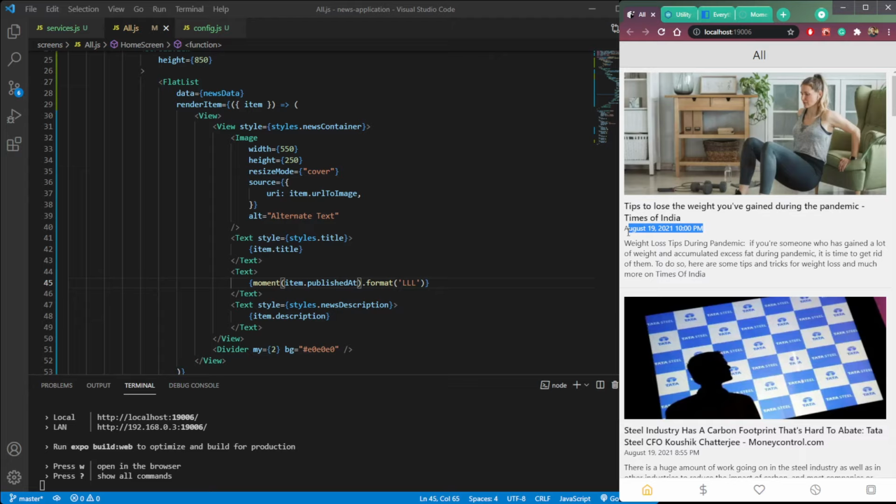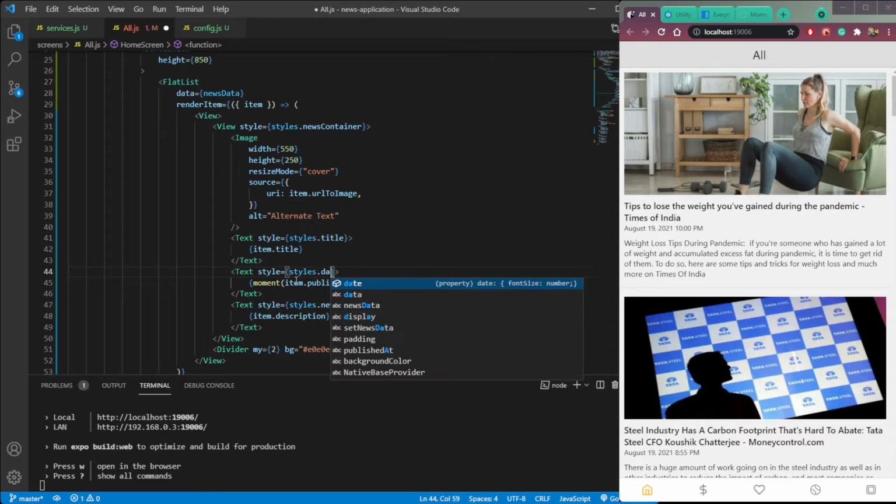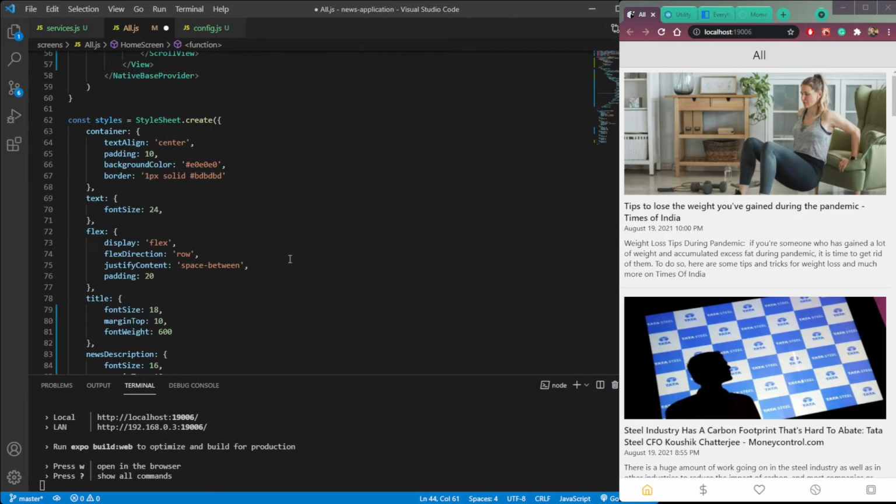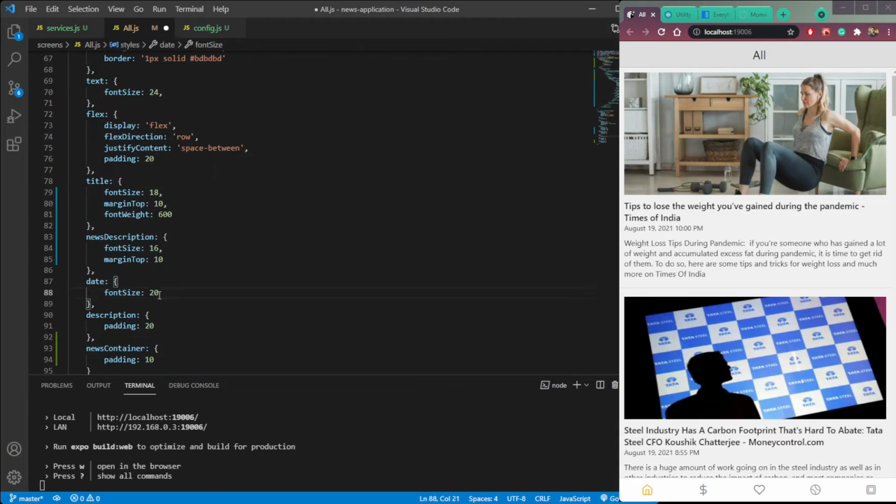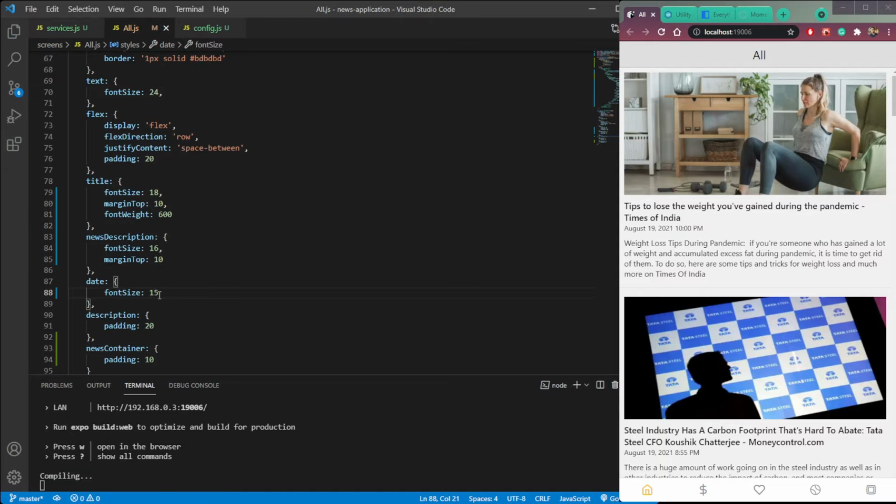Now you see we have the text here which says August 19, 10 p.m. This is the time of the publishing of the news. Now let's give it a style of styles.date, and in the date we need to change the font size to 15.